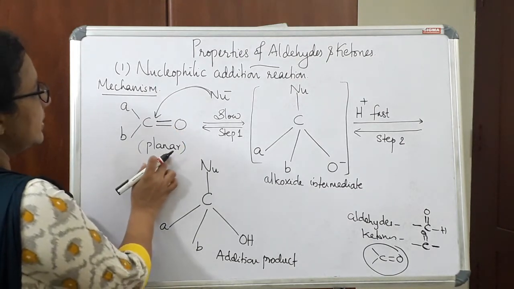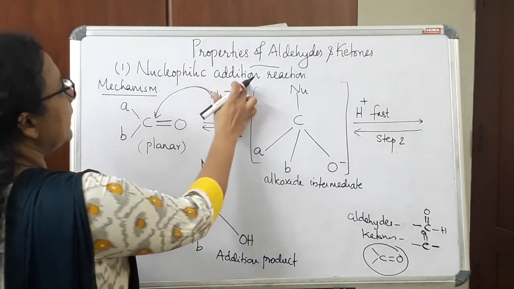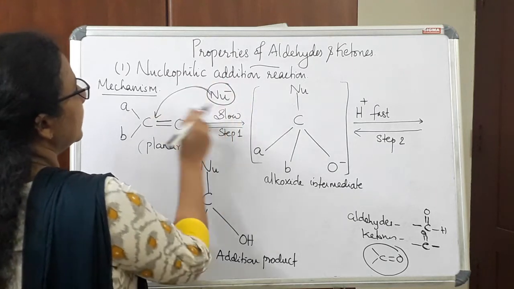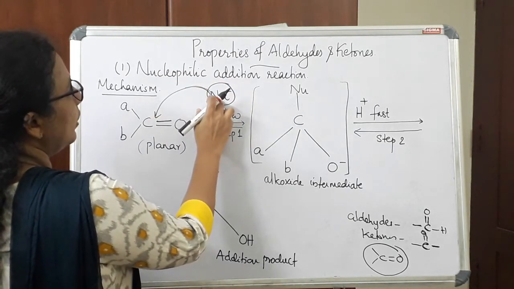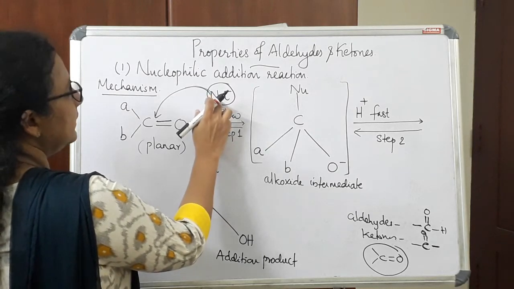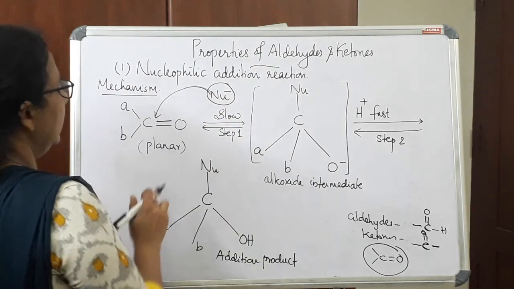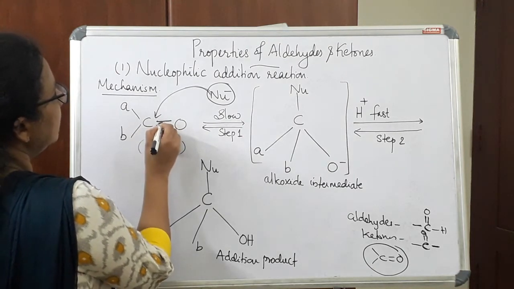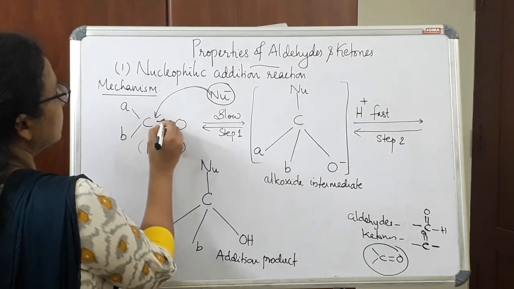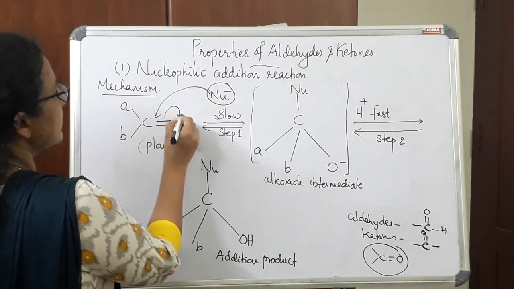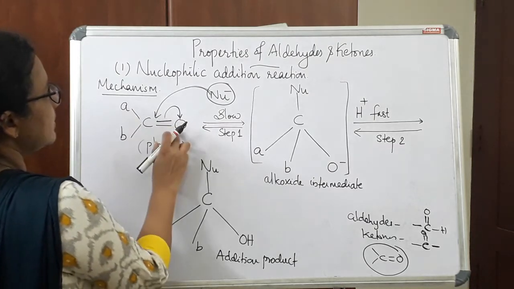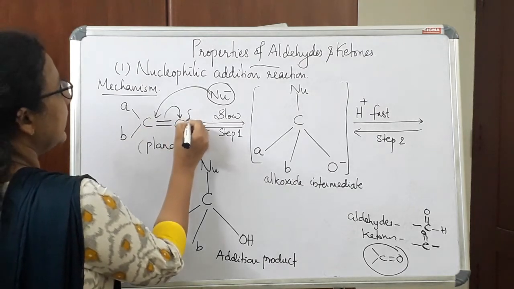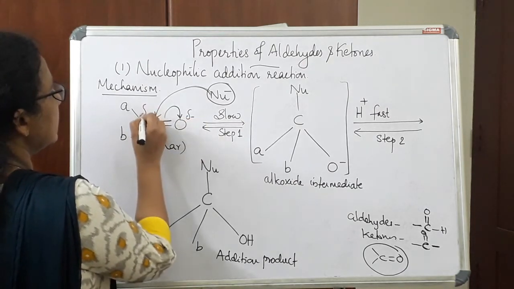So this is planar in shape. So in nucleophilic addition reaction, there is an attack of nucleophile. This is the nucleophile. Under the attacking influence of nucleophile, this carbonyl group or the double bond will undergo an electromeric effect, and these electrons are shifted towards oxygen atom, since oxygen is more electronegative than carbon, and this oxygen will get a partial negative charge, and this carbon will get